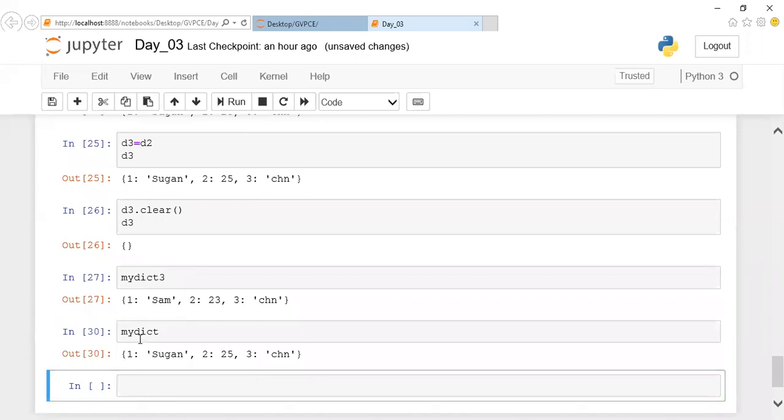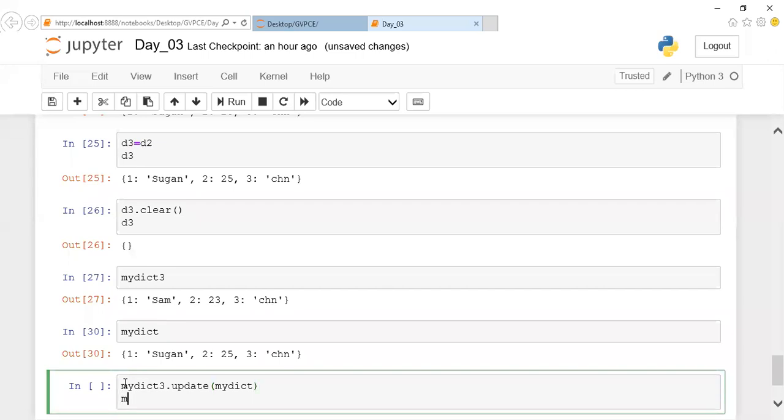DACT3 and my DACT. Let us assume I want to update this DACT3 with my DACT. So I can update like this: my DACT3 dot update. By which should I update it? I should update by using DACT. So here I'll mention my DACT3.